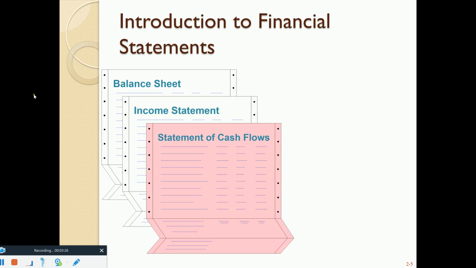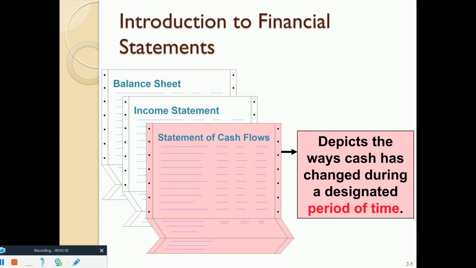And as you probably imagine, the statement of cash flows, once again, is for a period of time, just like an income statement. And it basically summarizes all of the inflows and outflows of cash. How did our cash balance go up? How did our cash balance go down for a period of time? It's kind of like summarizing your own bank balance. If you take a look at your bank balance on January 1st of the year, and you look at your bank balance at December 31st, 365 days later, now it could be quite possible that that bank balance,